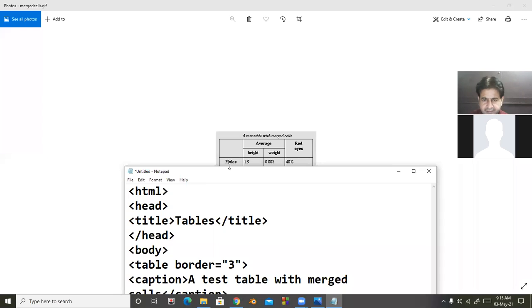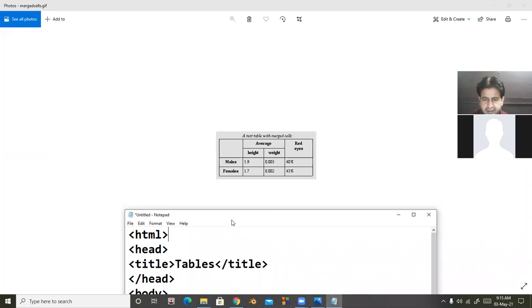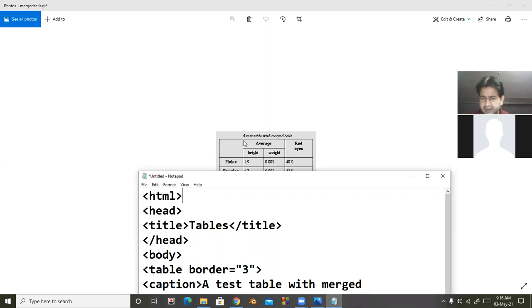So after that, look at here. Now in first row, start. In first cell there is no data, but there is merging. And then second cell and third, there is merging again.